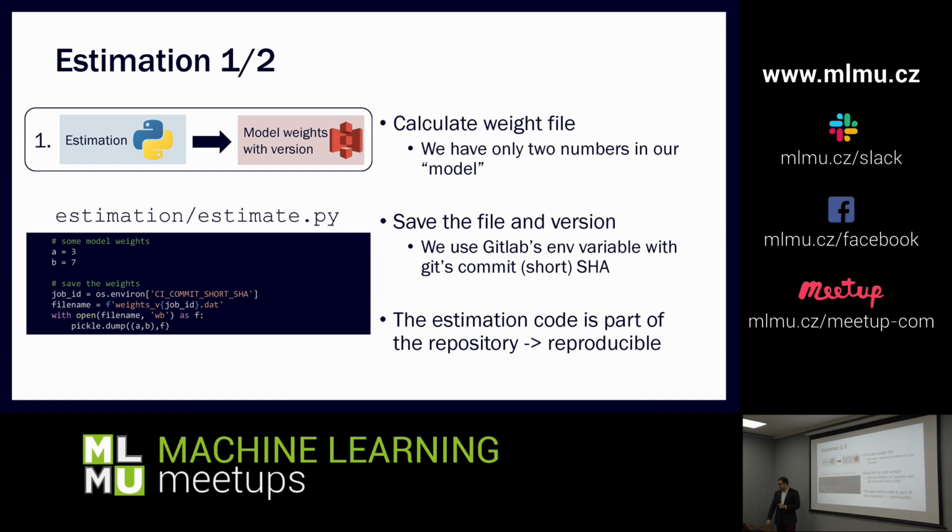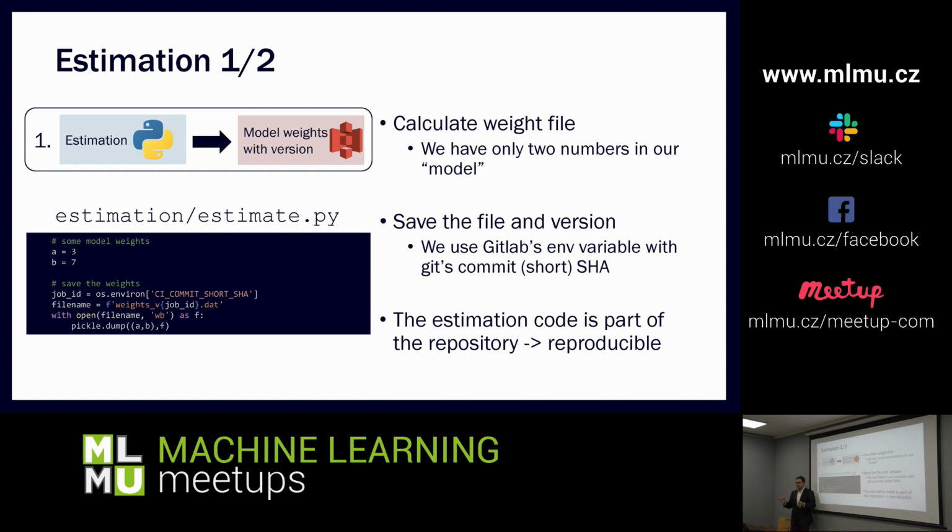So first, the estimation. What we do in the repository is there is a file called estimate, which can be your notebook, can be whatever. It's a Python script for this case. And the only thing it does, it saves two numbers, the two constants, A and B. But you can think about it as a model of any complexity. It's a pickled model in Python, but it can be neural network weights or whatever you like. And you save it. To make it more independent, we save it to AWS S3, which is blob